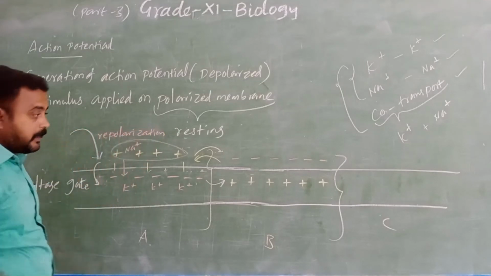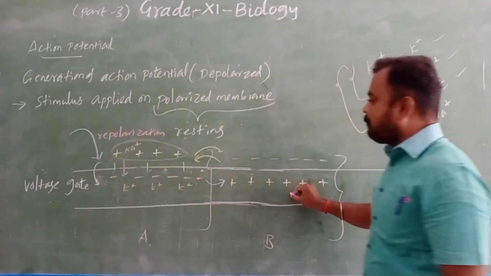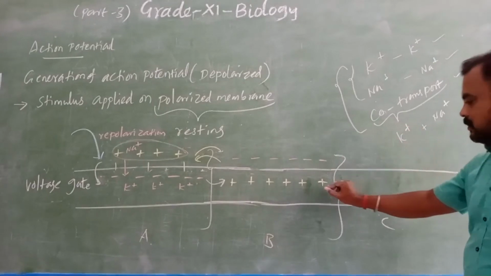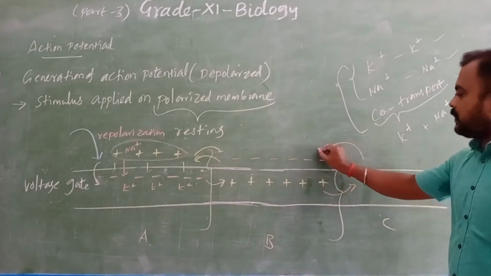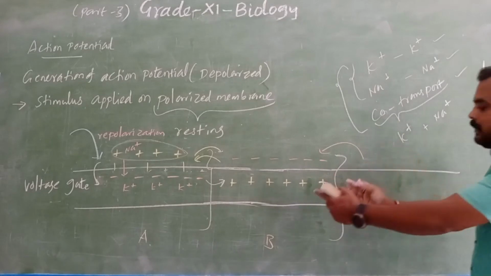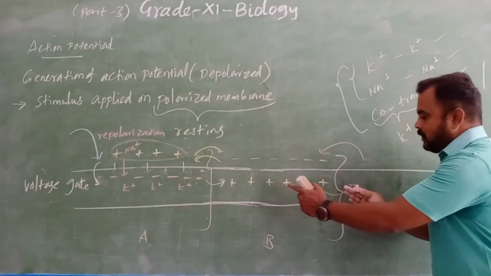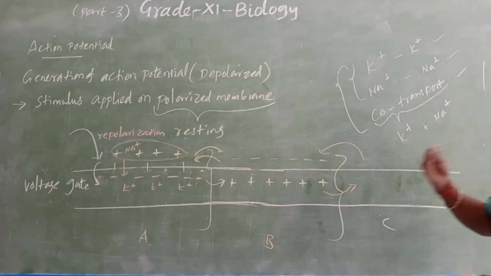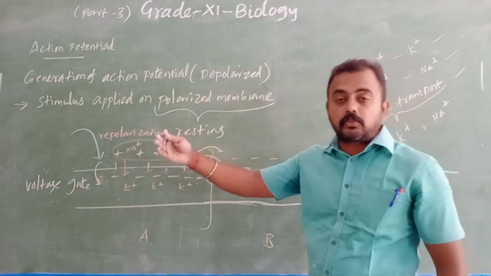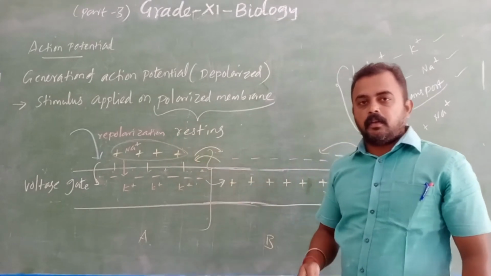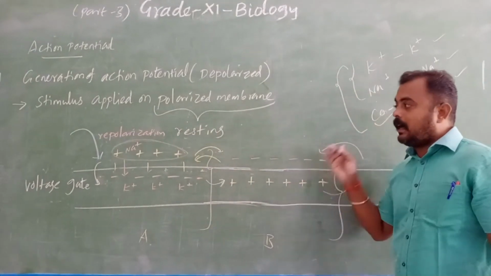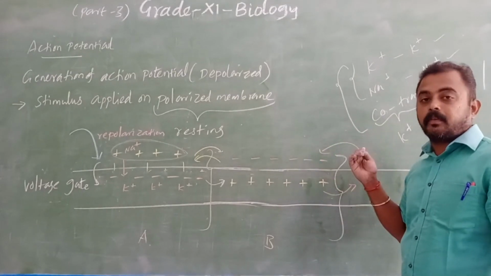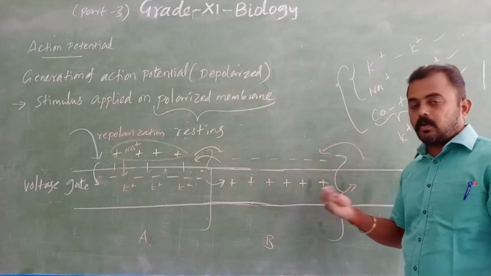Repolarization. Okay. Now what happened? This is depolarization. The same process happens continuously. It is moving here, it is moving here. Then the depolarization happens at C, then D, then another neuron, and then it keeps moving. Finally it reaches the end. Okay, so this happens throughout the neuron, then from one neuron to another neuron also.